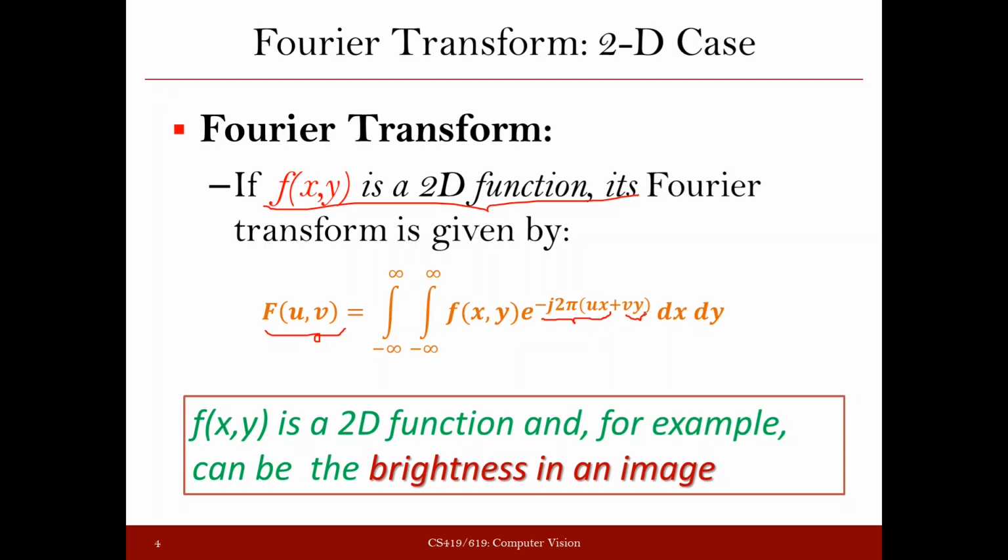Okay, and the 2D Fourier transform is very important for us, because we are going to discuss the transform for 2D images, and 2D images are nothing but 2D functions, right? Where you can assume that x and y represent the row and column for the pixels, and f(x,y) tells you the brightness value. Okay, so since images can be represented in terms of 2D functions, this particular case is going to be applicable for us.